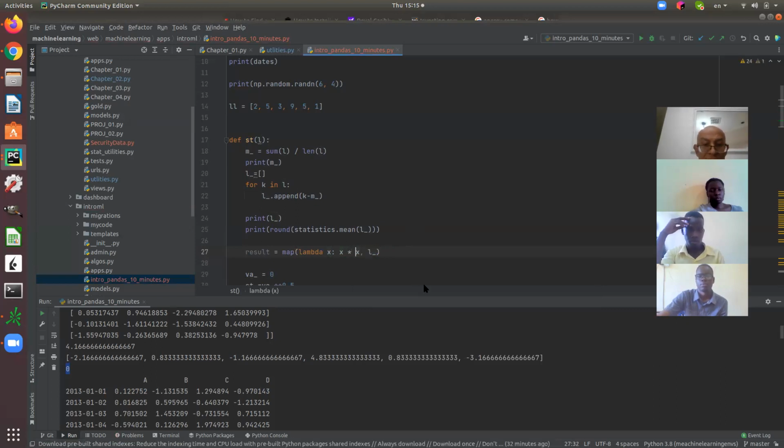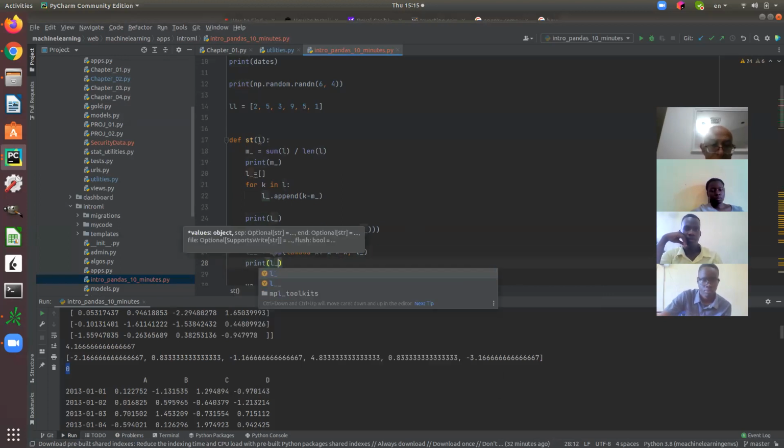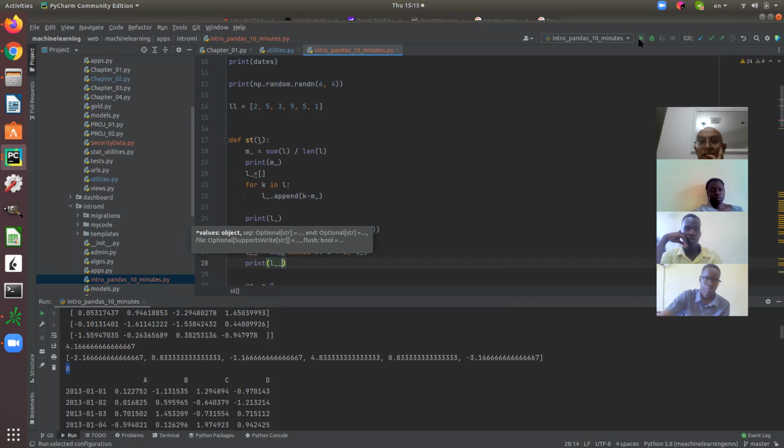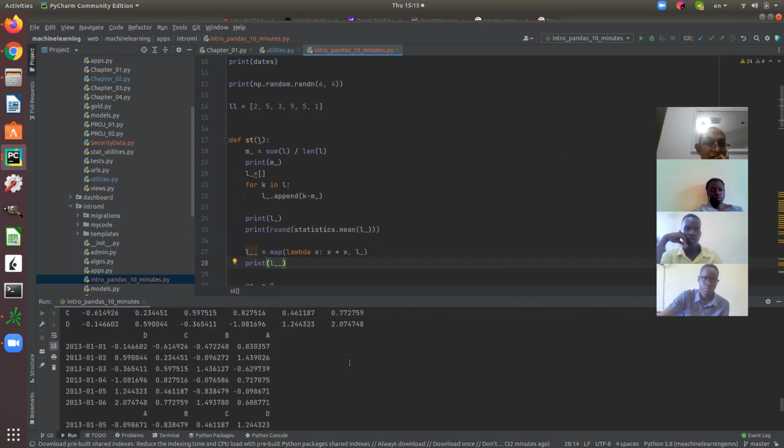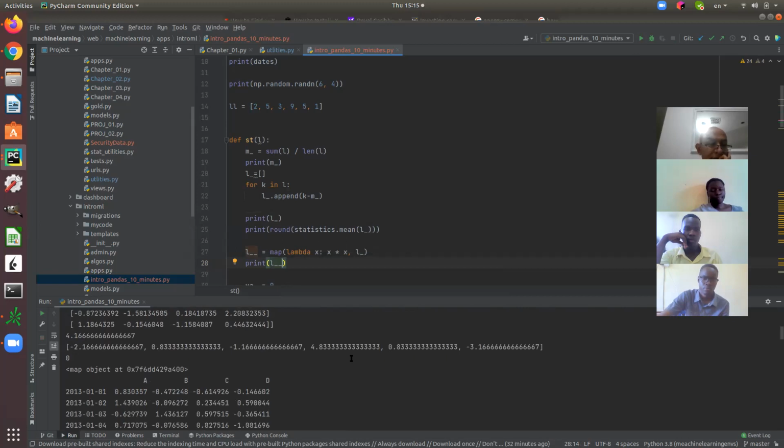What does it do really? So it's going to give me a new list, and let's call this one L2 underscore. Let's print it. And then we'll understand what does it do. Let's run it. Okay, let's see what we got. Okay, and give me, what is that? I got the 0,